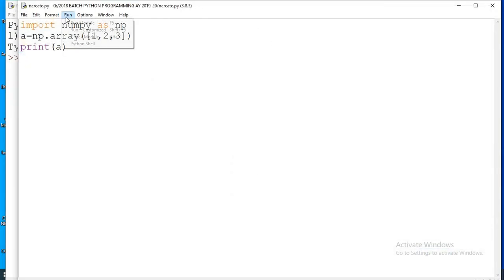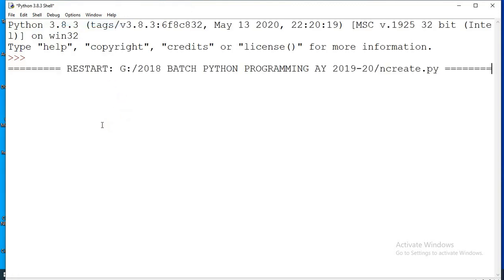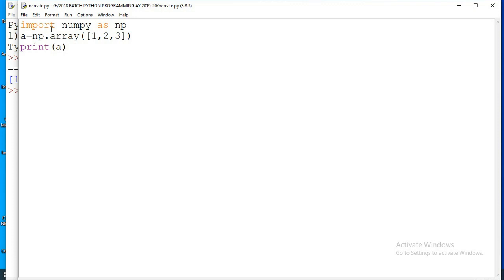If you execute this one, the array will be created, and you can see 1 2 3 has been printed, right? If you are not giving this alias name, we have to call this array function directly by using the library name. This will also give the same result.